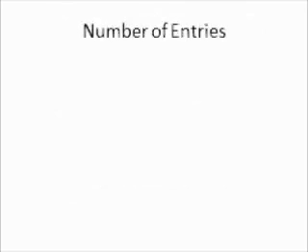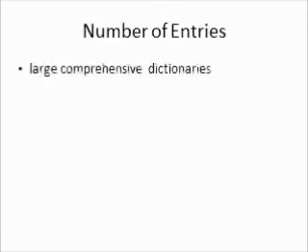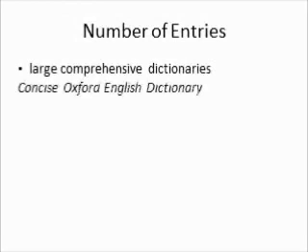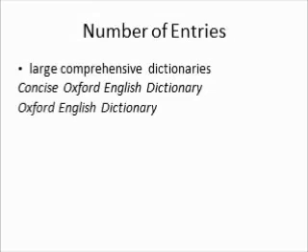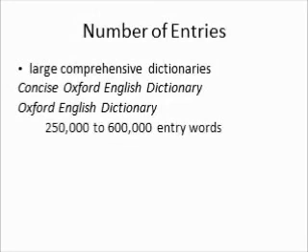The first one is the number of entries. Probably it is one of the most straightforward ways to make the content of a dictionary richer. But we cannot just add items randomly. Instead, we have to carefully decide what makes the proper set of vocabulary items. Searching what words are frequently used in various media these days helps for this purpose.